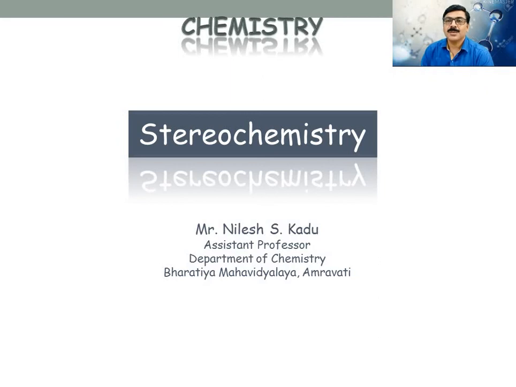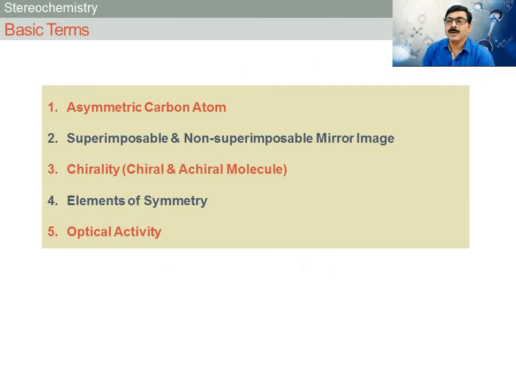In the first lecture we learned the meaning of stereochemistry and how to write the two-dimensional structure in three-dimensional form, and that there are four types of projection formulae to represent the three-dimensional structure. Now in today's lecture we have to learn about the basic terms related to stereochemistry,